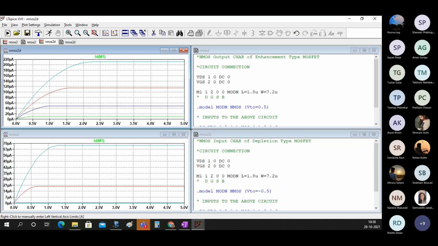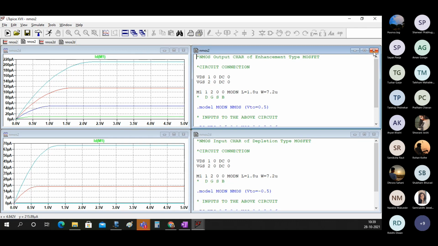Now all of you will do the same thing for PMOS. You will do the same thing for PMOS. So no need to draw the schematic now. Now you must be convinced that yes, the schematics are fine.